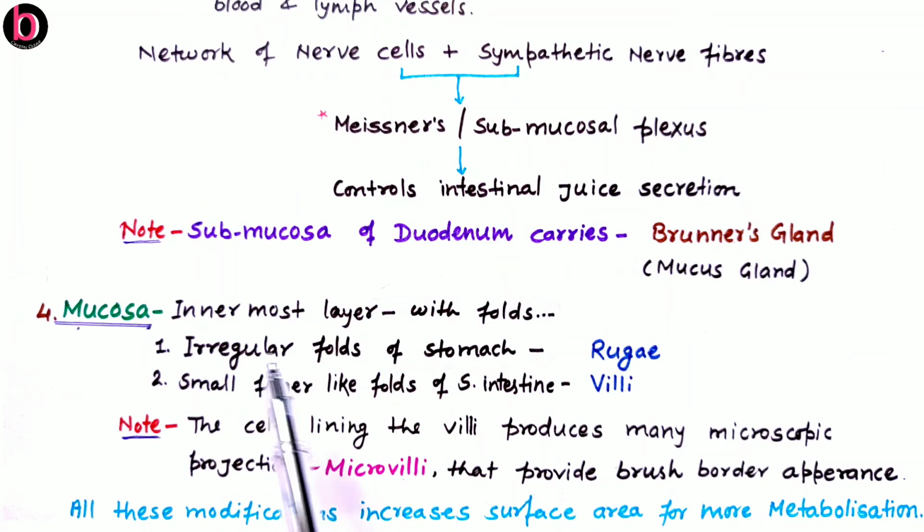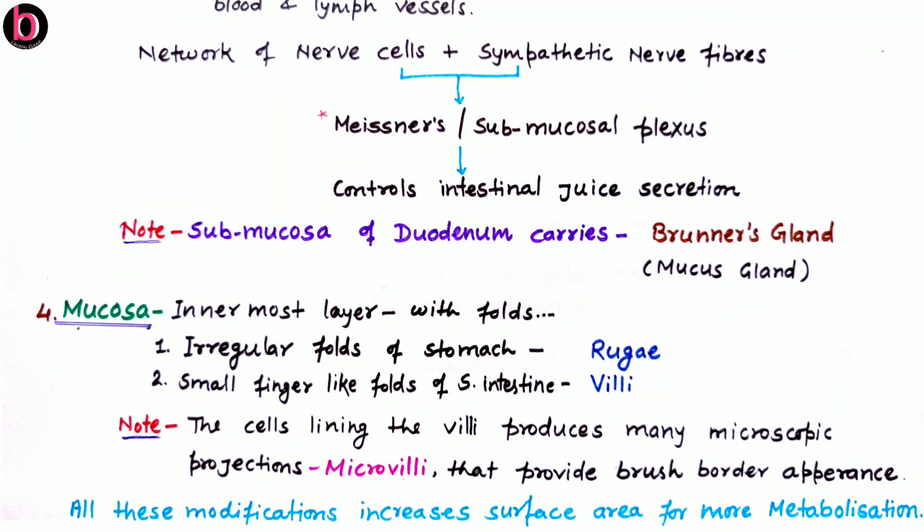The last and innermost layer is mucosa that carries a number of infoldings. These infoldings in the stomach region are highly irregular and known as rugae, while in case of the small intestine these infoldings appear finger-like and are considered as villi. We also discussed that in case of the small intestine there is presence of plicae circulares, also known as valves of Kerckring. Just over the surface of these villi there is further a number of very fine, tiny microscopic projections